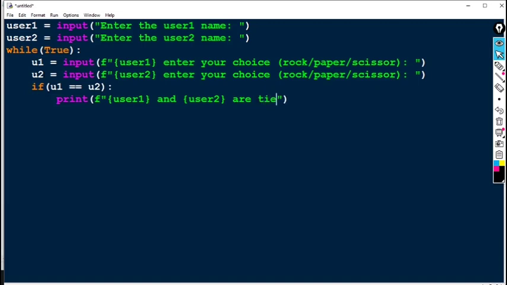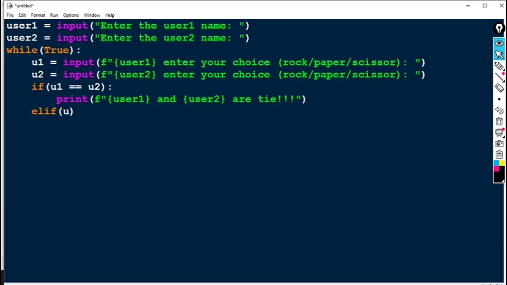Now in the next step, I want to compare rock with paper and rock with scissors, so comparing the result. I am taking an elif statement. Elif is nothing but a multiple conditional statement. If my option one fails, it will check the second option, then the third option, then the fourth option.